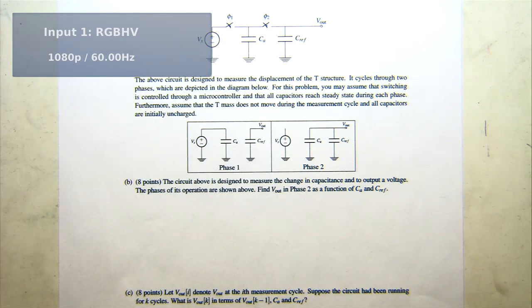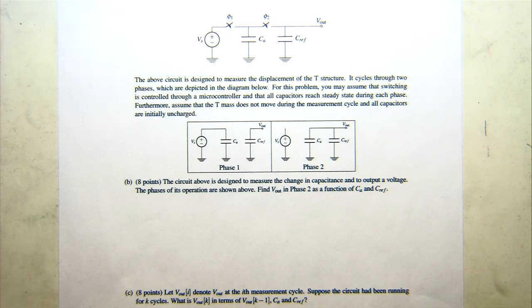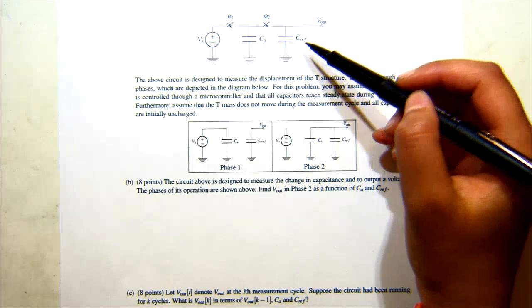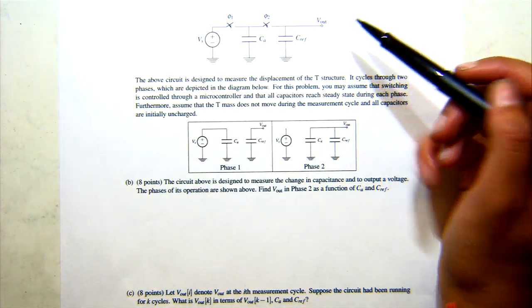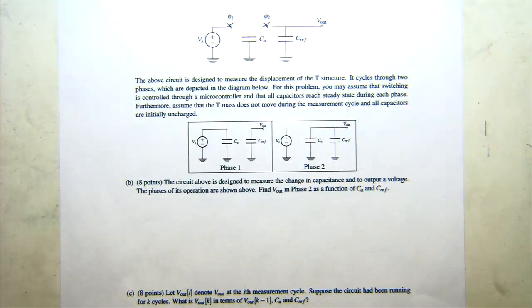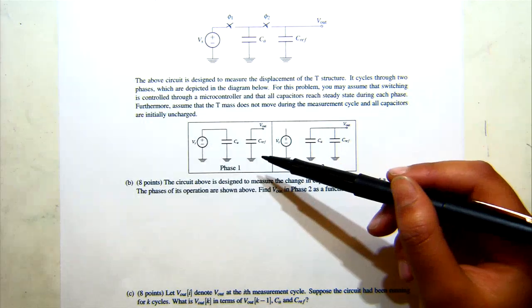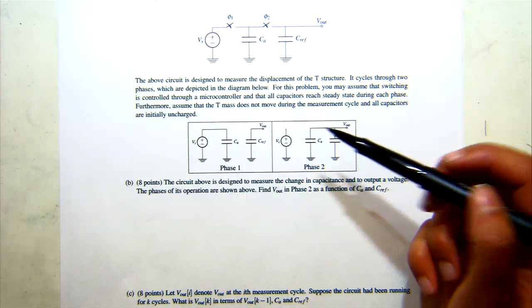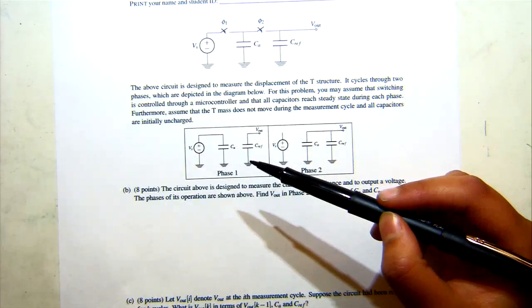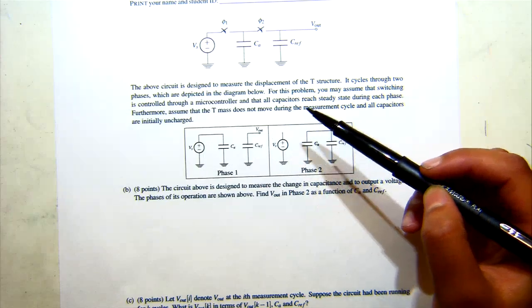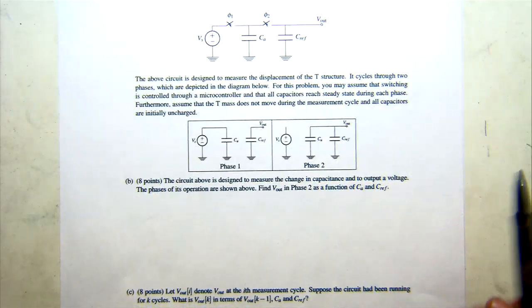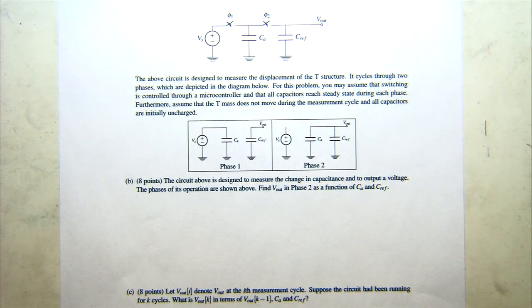Okay. Right. Thank you. So this is part B and C, and so here we have another circuit laid out to us, and we're told that there's two sorts of phases. They've drawn out each of the phases. This is phase 1 and phase 2, one where the voltage source is connected to CA, and the other one where it's not. We are also told that all capacitors are initially uncharged, so that might come into play.